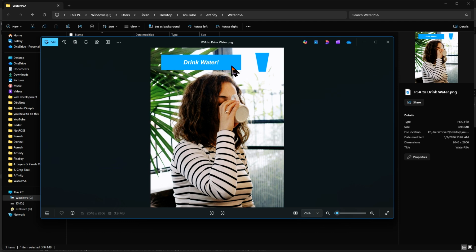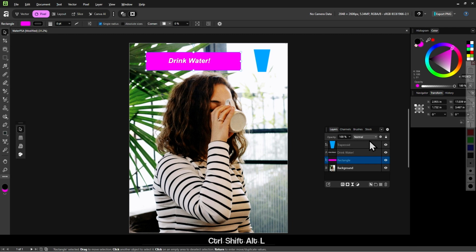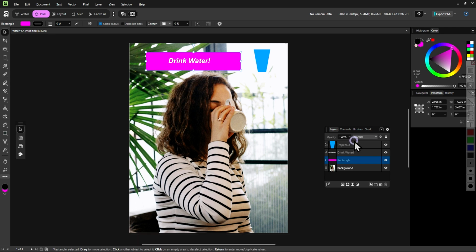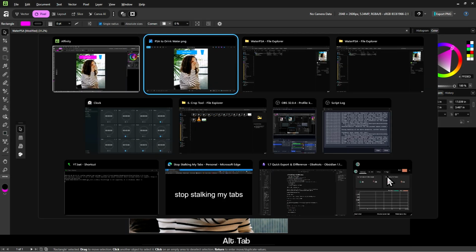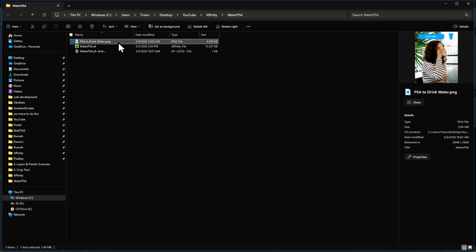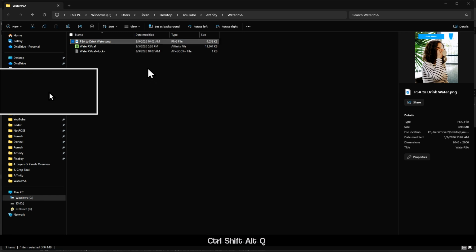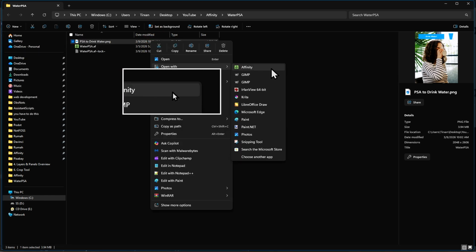That's because all the layers containing all these objects have been flattened into one single image. And we can see that if we go back into this .png file we just exported, right click, open with Affinity.